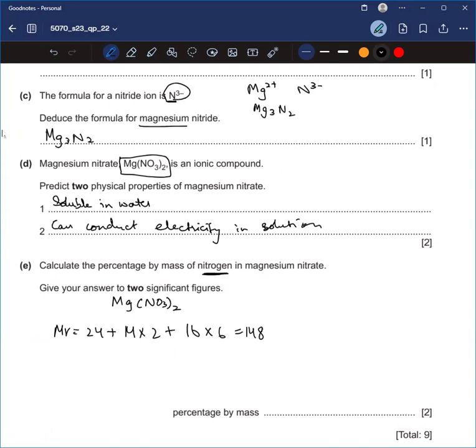Okay, this is the total. And nitrogen is just 14 times 2, 28. 28 over 148 times 100. 18.9. And as we round it off,